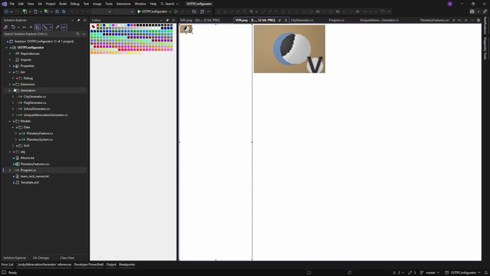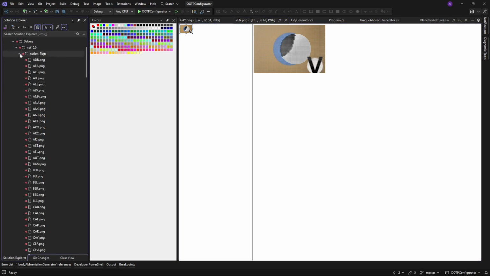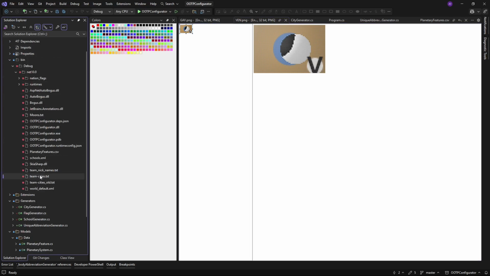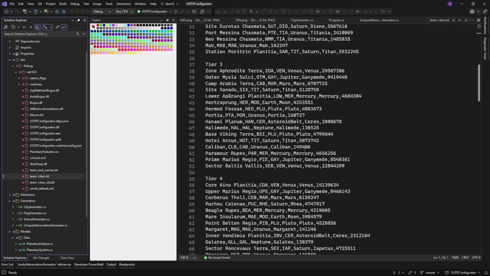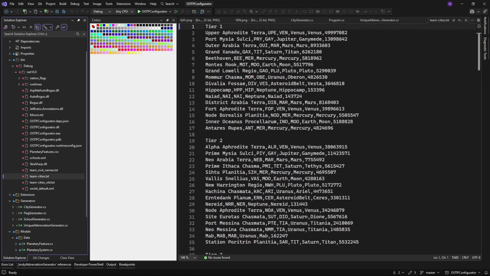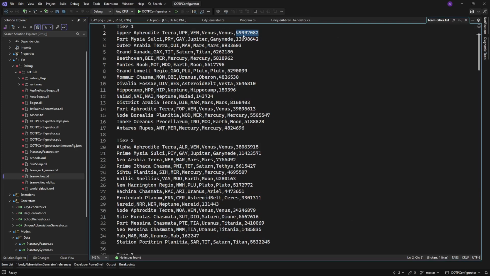Let's have a look at our cities. I mean, a lot of this is going to be more or less the same because we're still picking the biggest cities, but again, the populations are always slightly randomized.